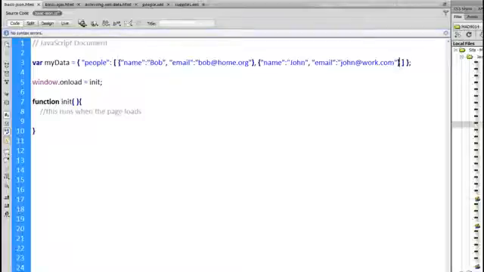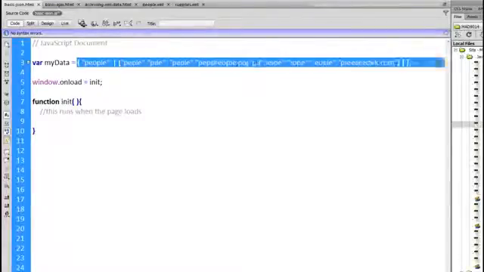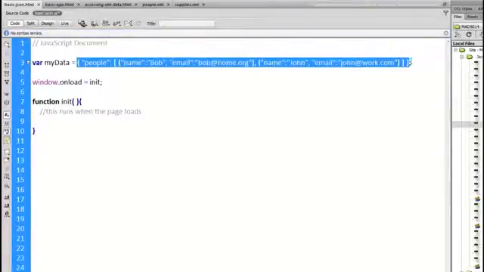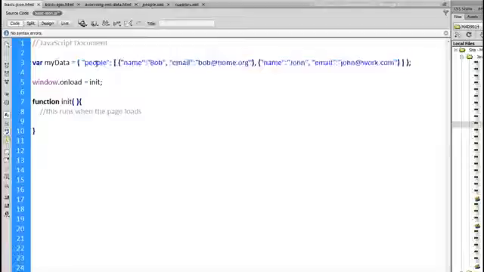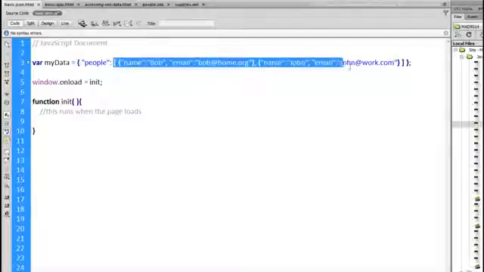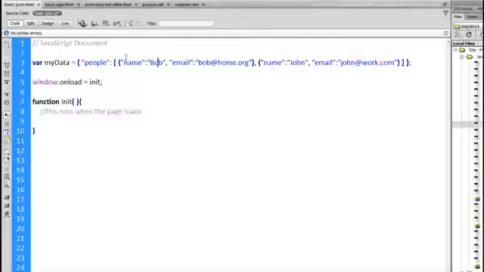So what we have here is an object. This whole thing collectively I can refer to with the variable myData. Inside of there, there's one property called people. It is an array. Inside that array, we have two objects, and each one of the objects has a name and an email property. So, down inside of our init function, if we were to access this, we can say